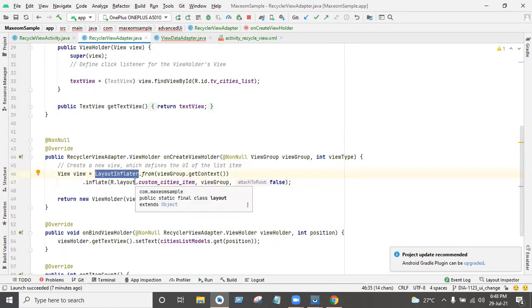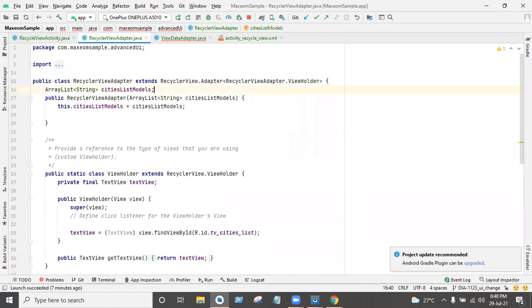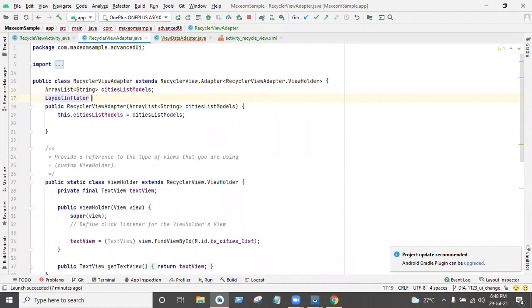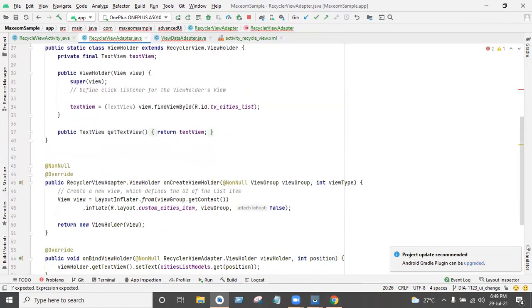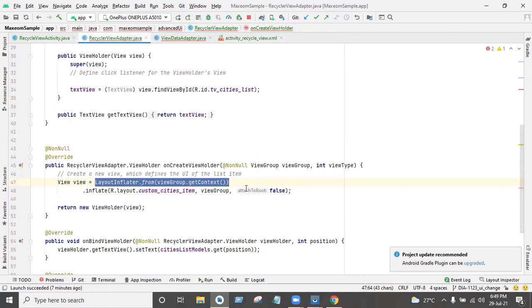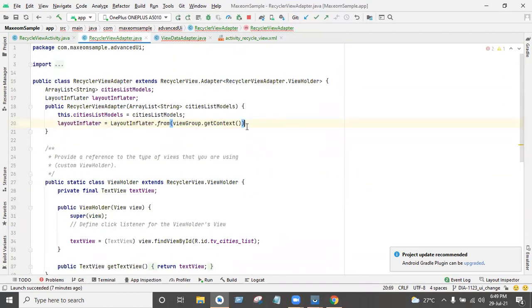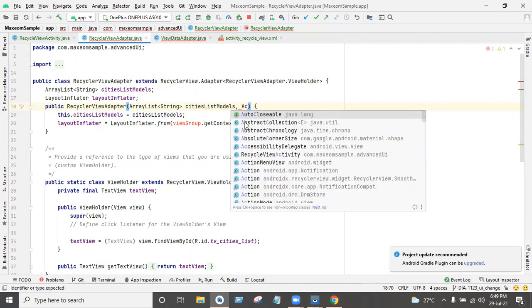Do you want me to show that? See here, like this, LayoutInflater equals this method. But see, we don't have a view group here, so you need to pass the context or activity.